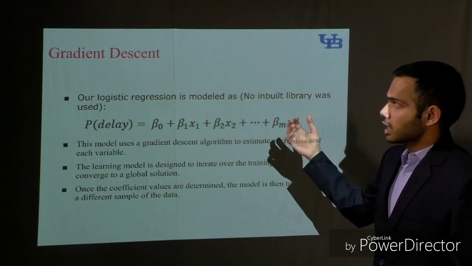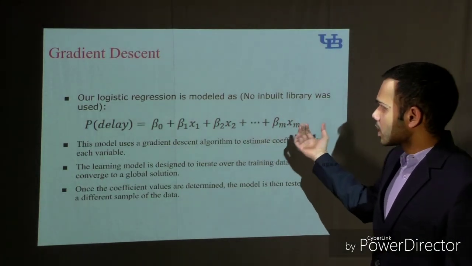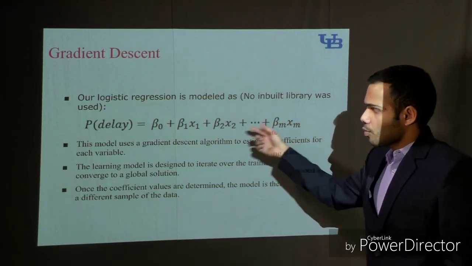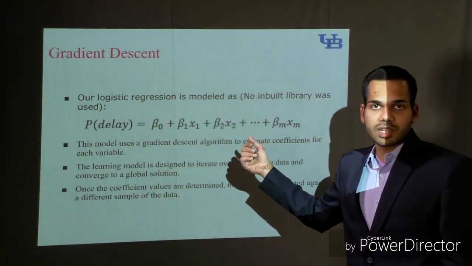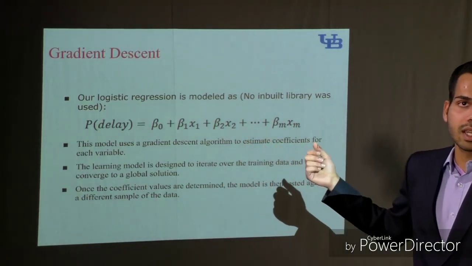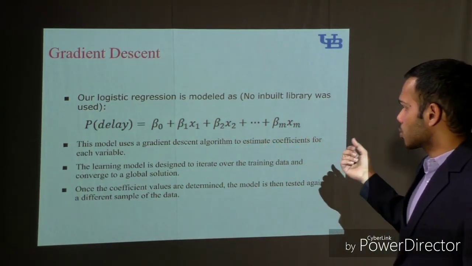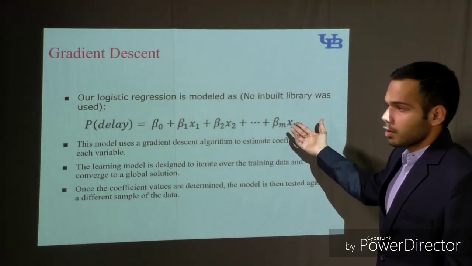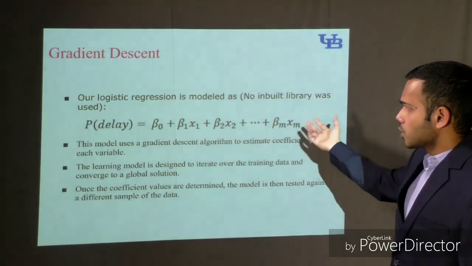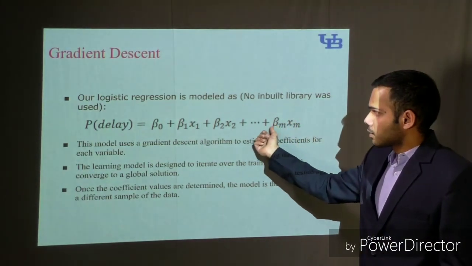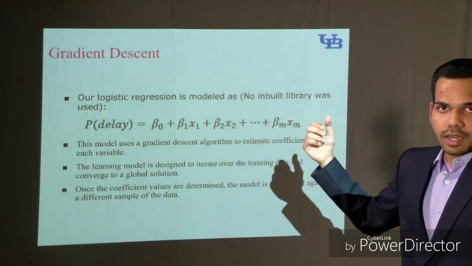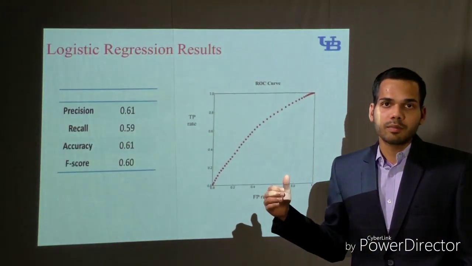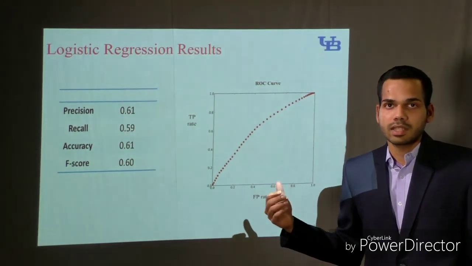So next we did a gradient descent to find the optimal values of theta. We used this formula and implemented it from scratch. We haven't used any Python inbuilt library, and we iteratively trained this on the training data set and found the global solution of this model. The theta values were found in matrix format, and we are using these theta values for predicting the output on our testing data set.